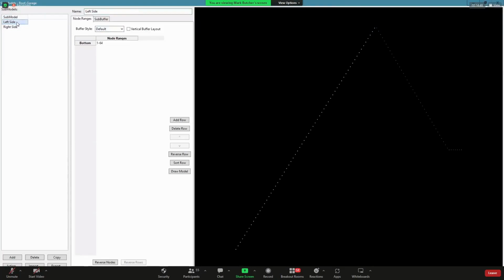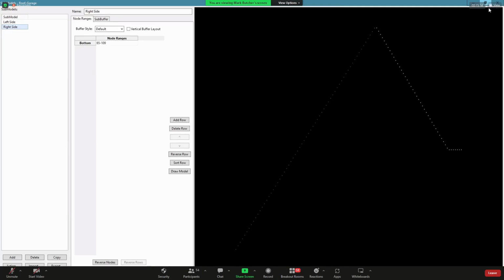Now for the submodel for this, at the left side I started down here, pixel 1 goes up to 64, and then the right side was the rest. In this case it's not the exact middle, but from a sequencing standpoint, I find it a little more pleasing to split it at the peak and not the middle of this particular.